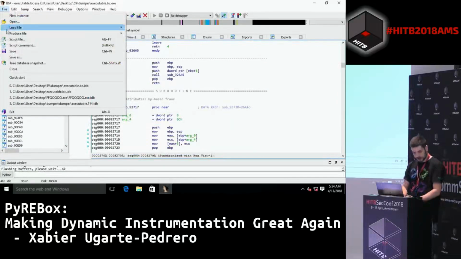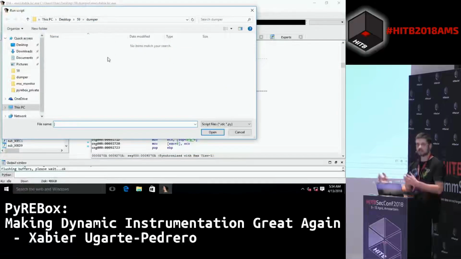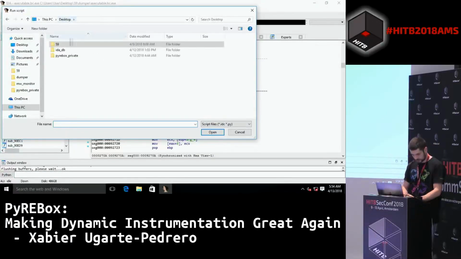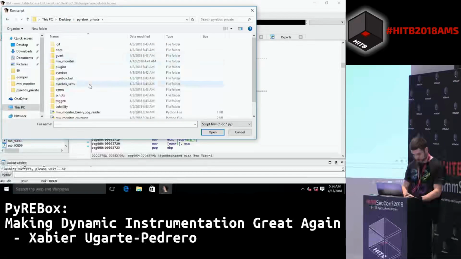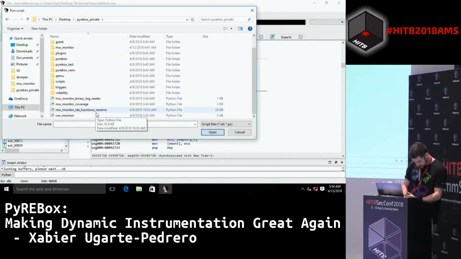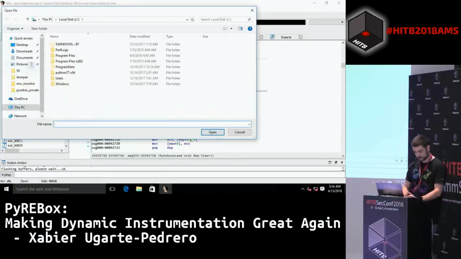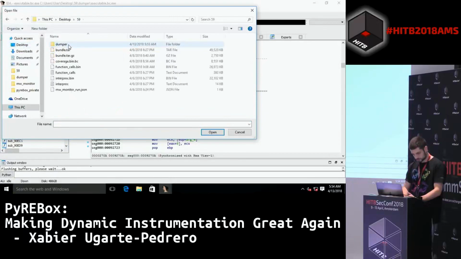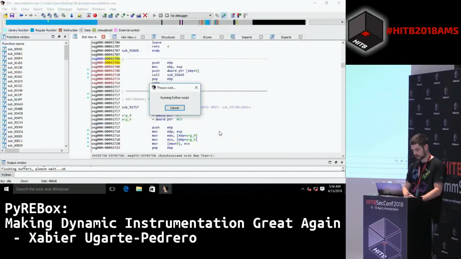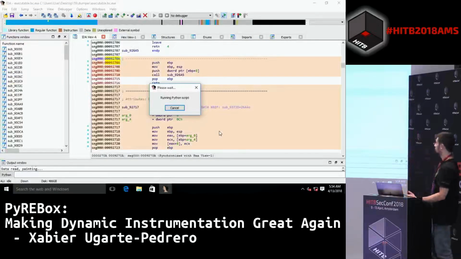Okay. We can now import the different information that we extracted from our malware monitor run. So we can run one of the Volatility or one of the IDA scripts. We have two: the one to import the coverage information and the one to import the function call information. So we can use this script. We go to here, we have the binary file for the coverage, and it paints